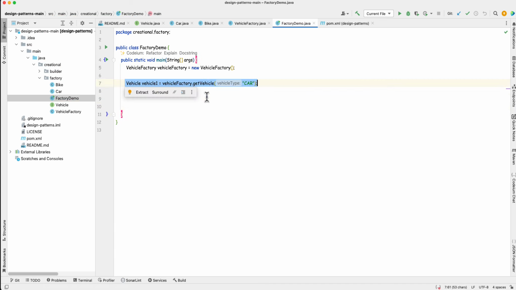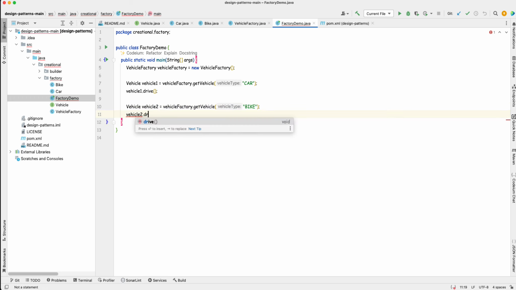I can copy this code and say, give me an object of type bike also. So I can just use vehicle2.drive. Nothing fancy that we have done here.